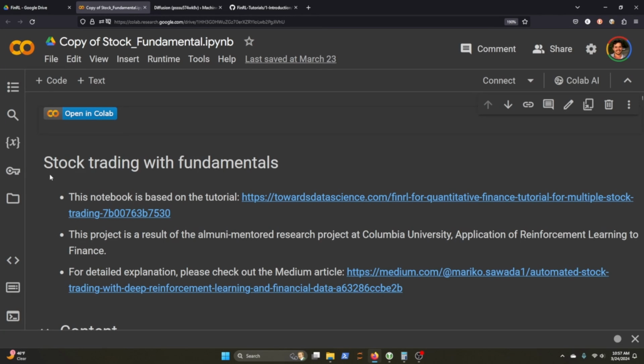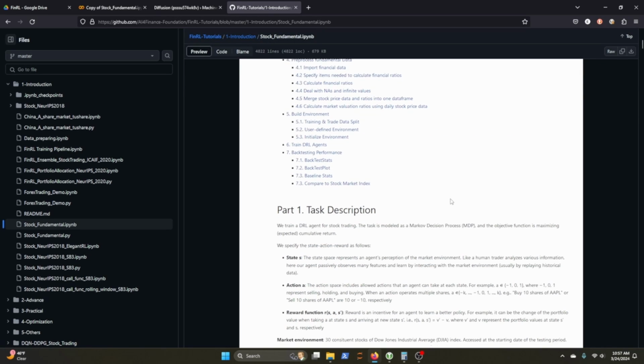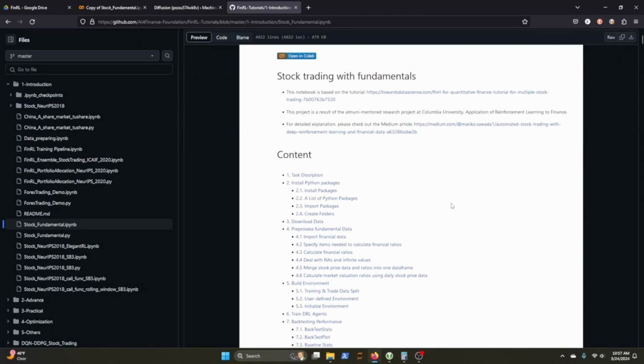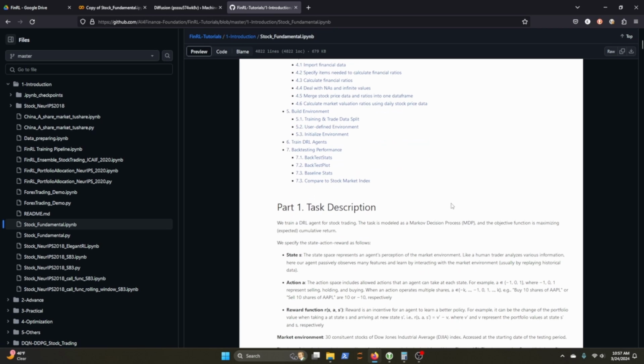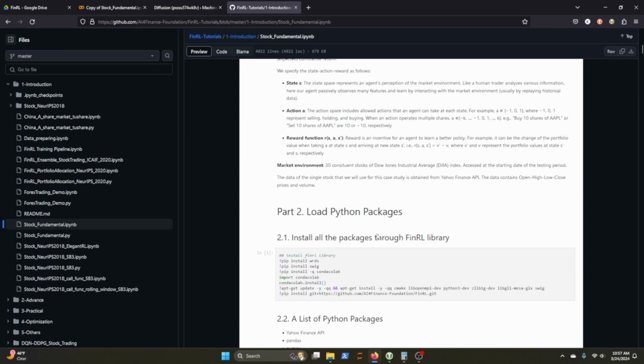Hey everybody, in today's video we'll be doing stock trading with fundamentals data. This is something I pulled directly from the AI for Finance, FinRL repo tutorial. It's in the introduction bucket. I really did nothing here on my own, so all the credit goes to those guys who put this together